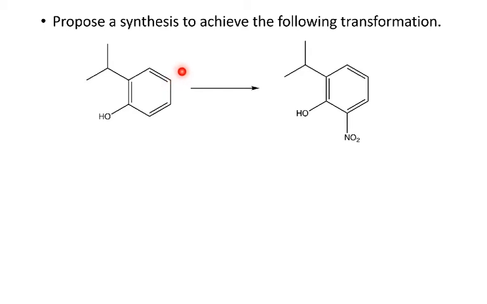But we know that due to steric hindrance, we're more likely to add it to the para position. So in this case, we're going to have to use a blocking group. So I can use sulfonation to put on a blocking group, then use nitration. And so the only open position now for the NO2 group to go is here. And then I can take that blocking group back off. So to add the blocking group,